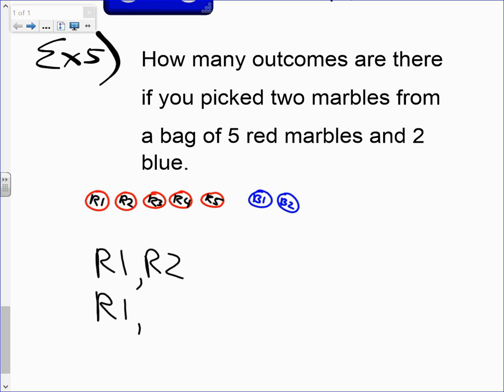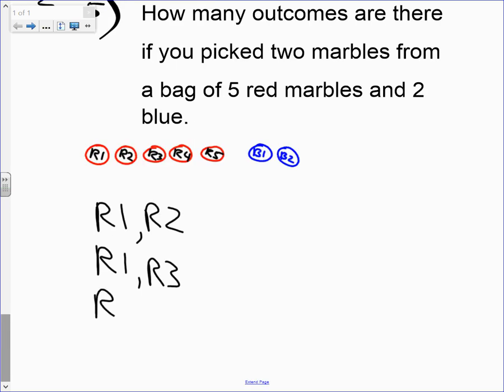R3. Stay with me here. I'm listing the possible outcomes of grabbing 2 marbles. The first possibility would be get the first red marble and then get the second red marble. Another possibility is to get the first red marble and then the third red marble. Next possibility is get the first red marble